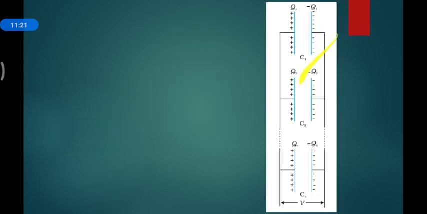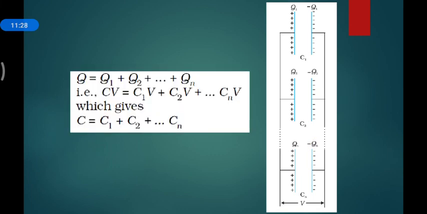If there are 1, 2, 3 and so on, I cannot show all the capacitors, but I can say Q is equal to Q1 plus Q2 plus Q3 up to Qn. Then Q is equal to CV, and Q1 is equal to C1V, C2V, CnV. V is common and cancels out. So simply C is equal to the sum of all capacitances, whatever number you have in your circuit. Okay, a simple add in the parallel combination and a reciprocal sum in the series combination.